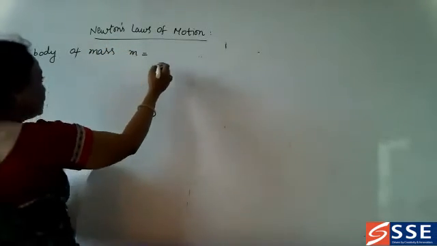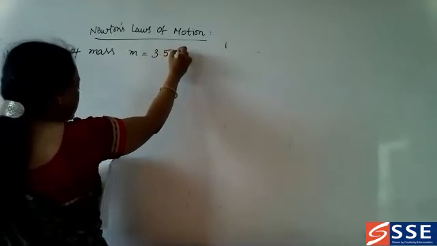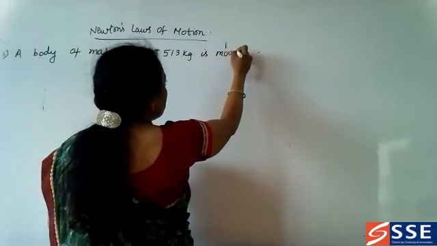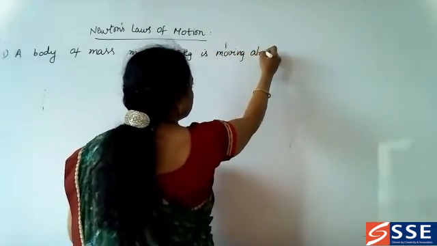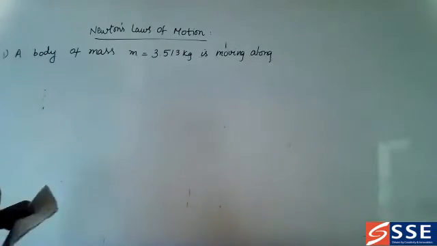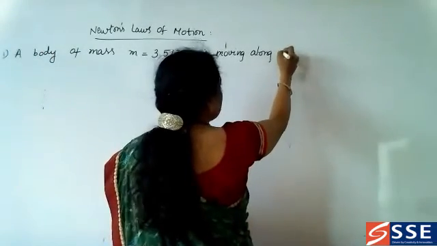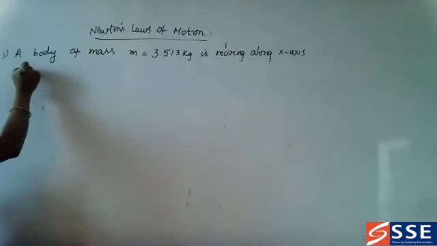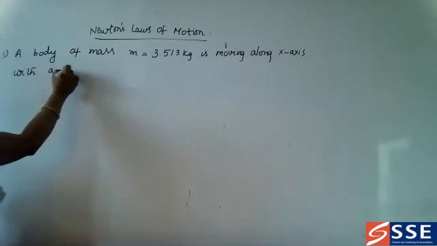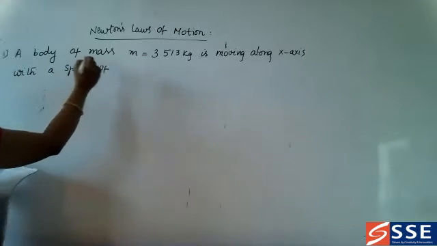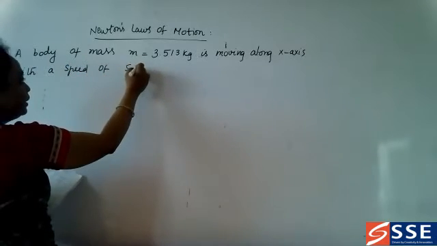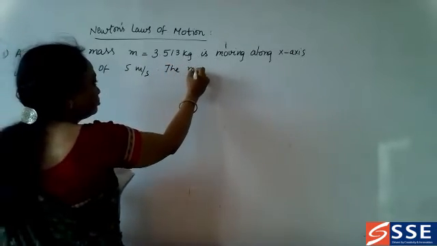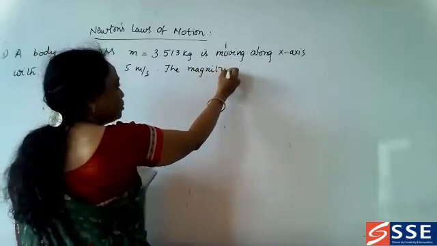So m is equal to 3.513 kg, moving along the x-axis with a speed of 5 meter per second. Therefore the magnitude